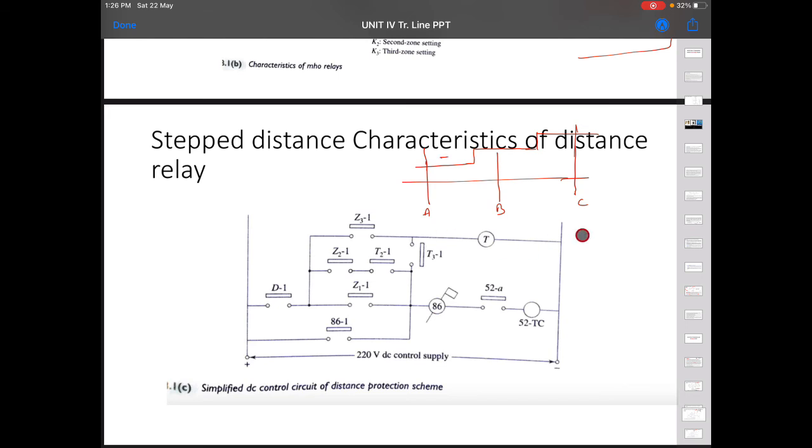So this is Z1 for relay 1, Z2 for relay 1, and Z3 for relay 1. Z1 is here, and the suffix 1 means everything is for relay 1 here: Z31, Z21, T21, T31. It means what?